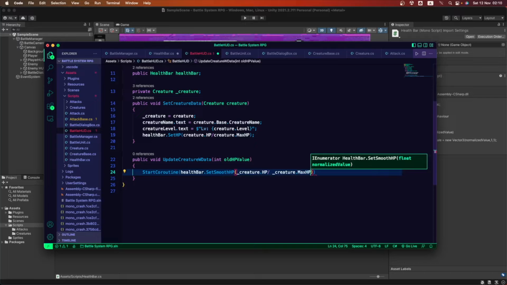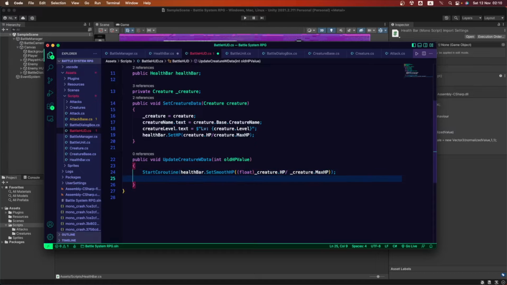But we want to get a float value here, so we're going to convert it into a float inside the parentheses. Let's set this one to float, so the result is going to be a float value, so we have no issues with that result. After that we want to call also a new coroutine.